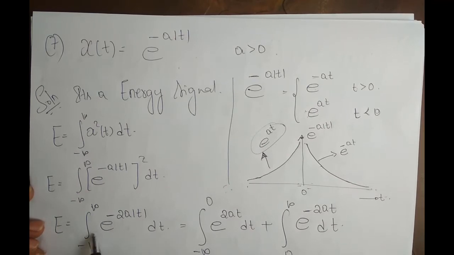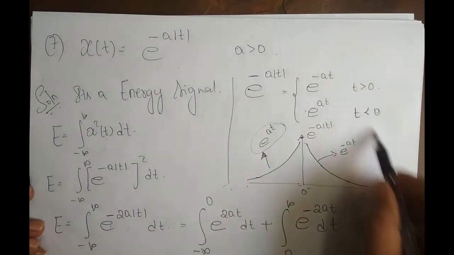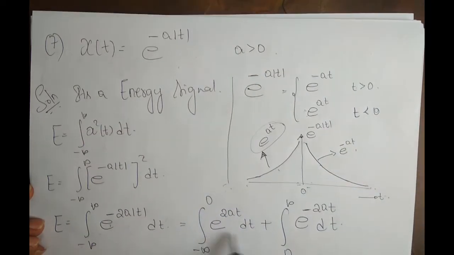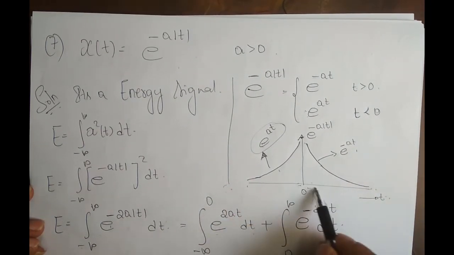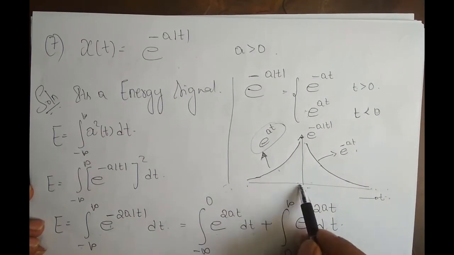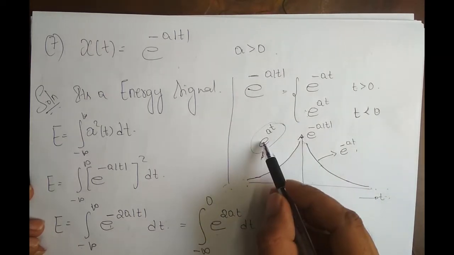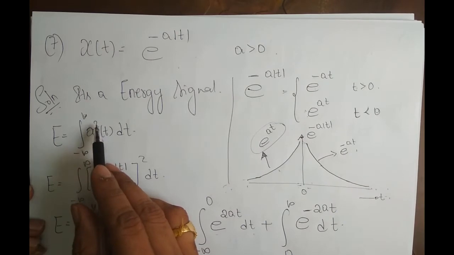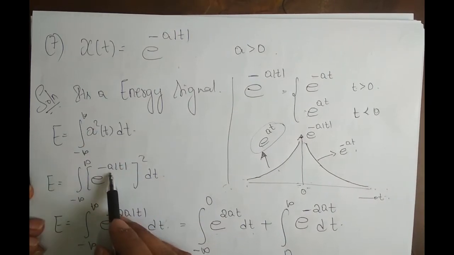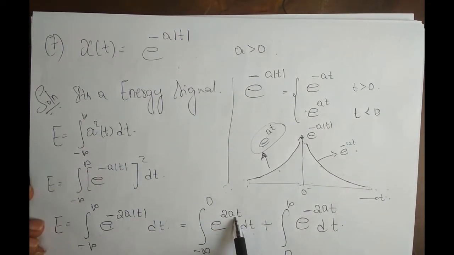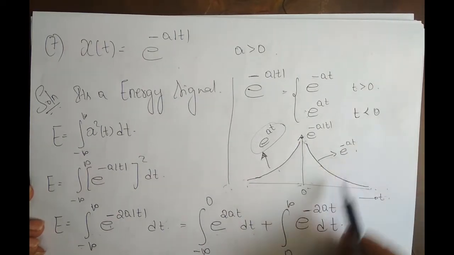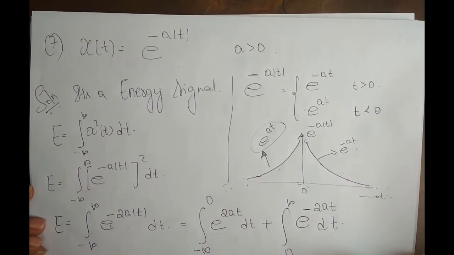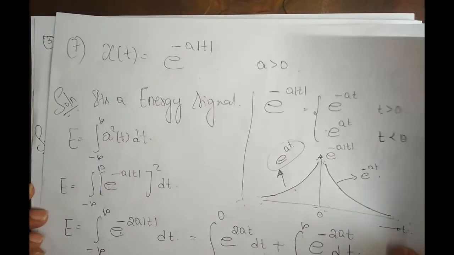So don't look at this, you look at the signal definition. According to the signal definition, you write what is there in the negative side of t and what is there in the positive side of t. Negative side of t is an exponentially increasing signal, so that's why e power at, but I have written 2 times at because of this formula. It is square, no? Since this square went inside, so e power 2 at. The positive side is e power minus at, so minus 2 at. Okay. So look at the signal definition and do the integration accordingly.